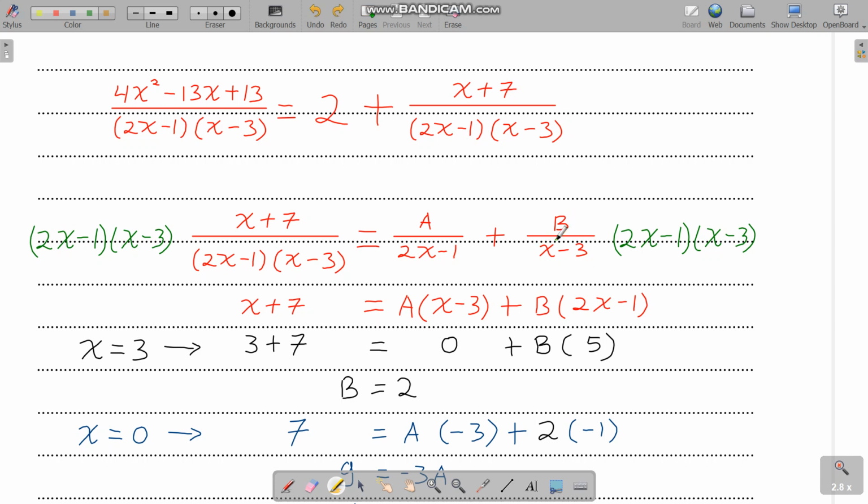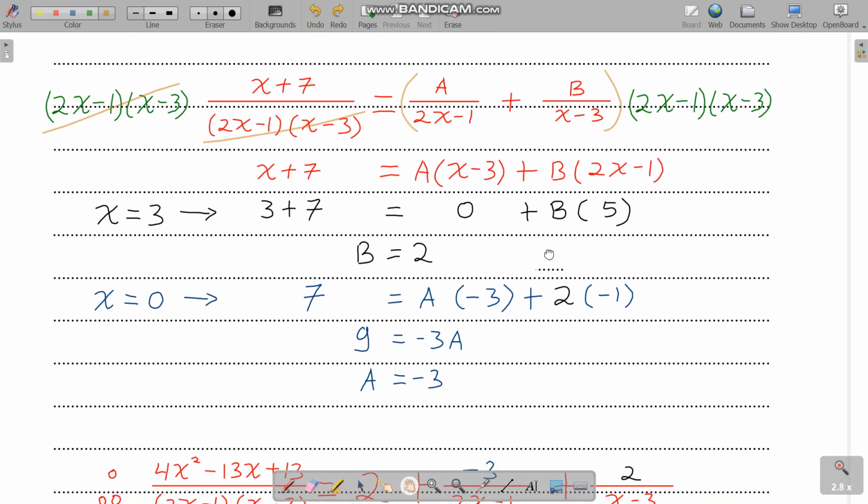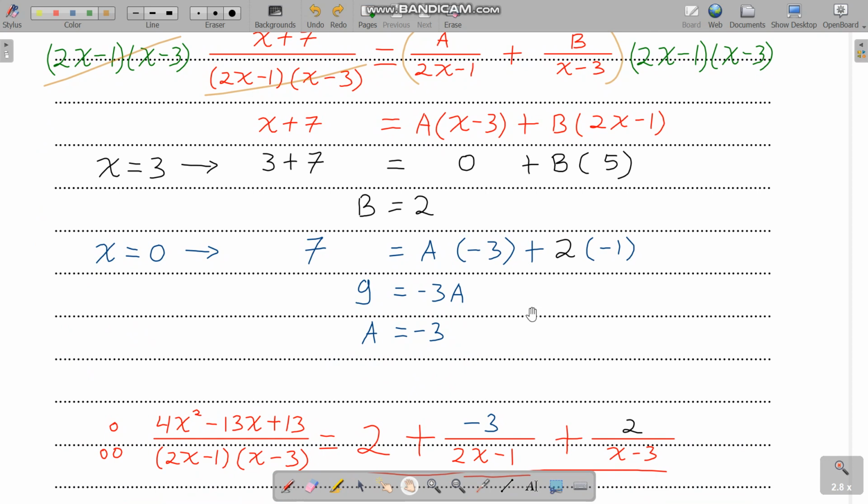And the next step is to multiply both sides by the denominator. On the left they cancel out, we have only the numerator. On the right, when we multiply, you can cancel out 2x minus 1, so we have A times x minus 3. And when you multiply, cancel out, you get B times 2x minus 1. Now we need to cleverly choose the right values of x so that we can find the A, B coefficients